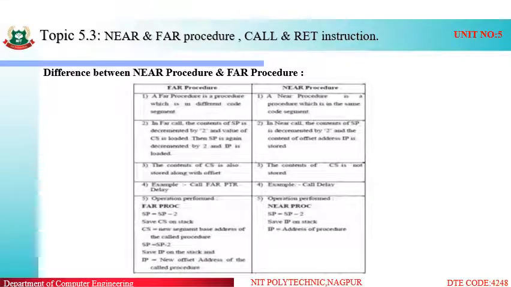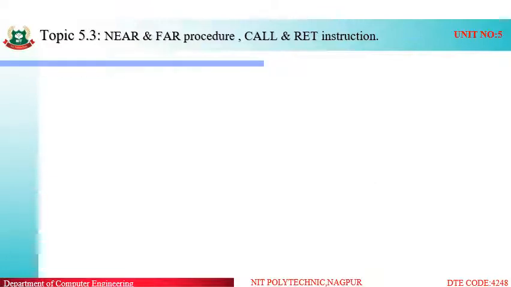The execution time will be less in case of near procedure, and more in case of far procedure because it is placed in a different memory segment. The contents of the CS are also stored along with the offset in far procedure. The contents of the CS are not stored in case of near procedure. And then we have given the examples.